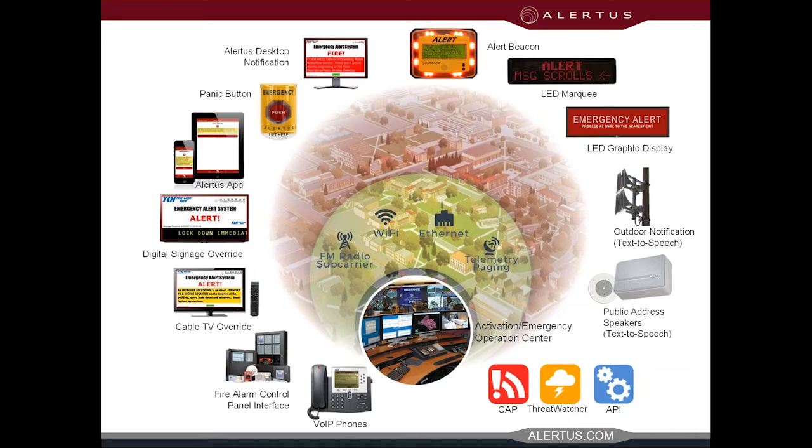So I mentioned the alert beacon and some of the benefits there. That flashes, sounds, gets your attention, has display there. Our LED marquees. A big endpoint that a lot of our customers deploy are desktop to be able to do pop-ups to every PC in your organization. We've got panic buttons, anything from desktop-based, software-based panic buttons, hotkeys, USB-based, all the way through to hardwired panic buttons